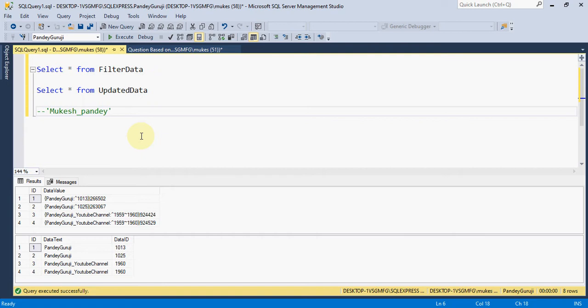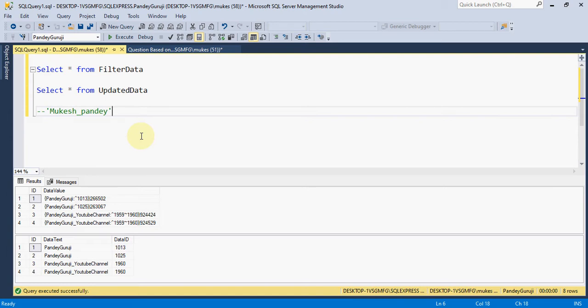SUBSTRING is basically used to trim the data, and PATINDEX is basically used to find the index position of a particular character, even if we don't know whether the character is available or not. It is just like the use of the LIKE operator, meaning a wildcard character.